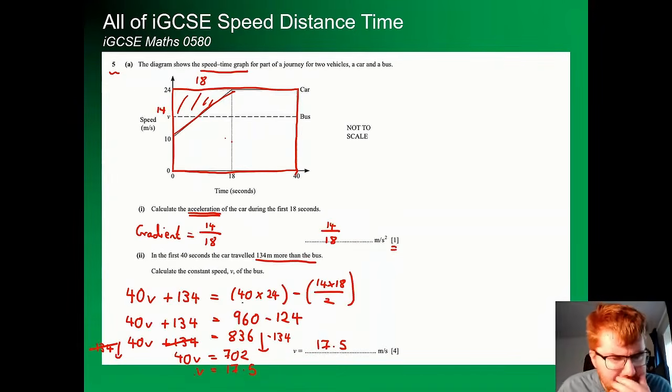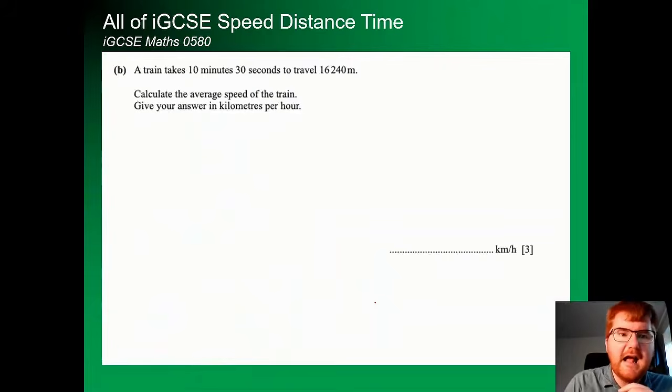I think there's a mistake made somewhere here. This should be 700. Just check my working as you go through. But you'll get to the answer here of 17.5. And the second part of the question is not really related to what we've seen so far, which is